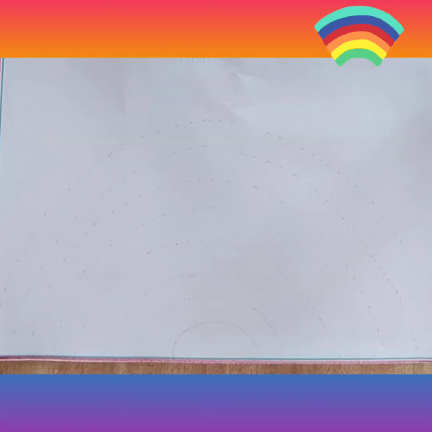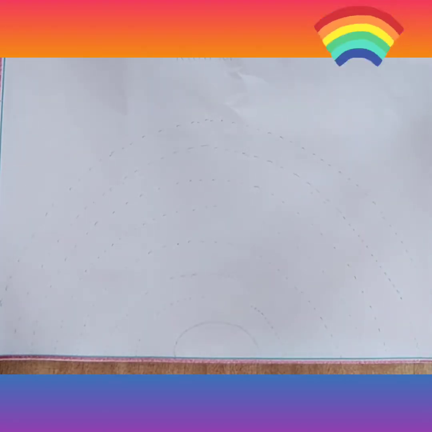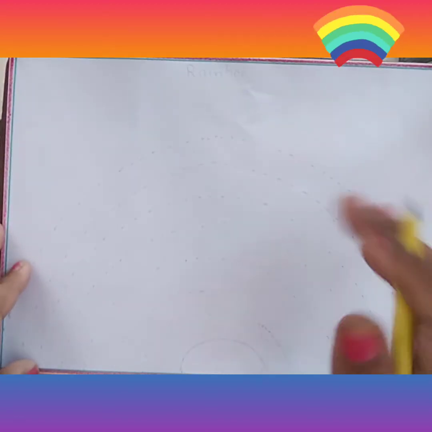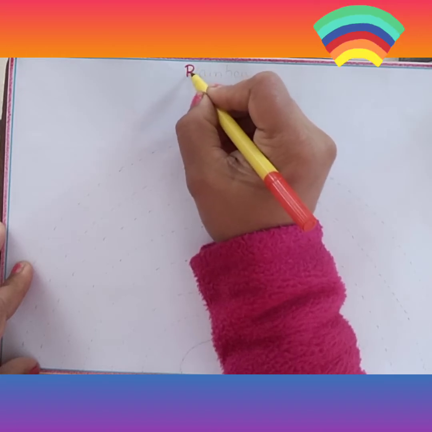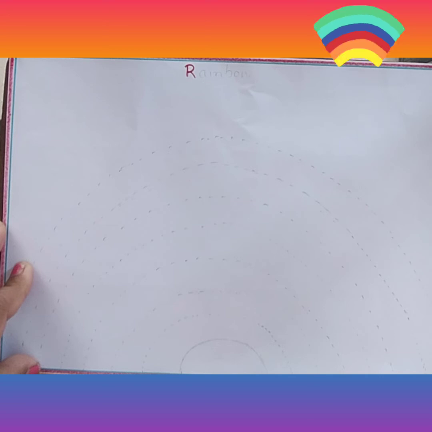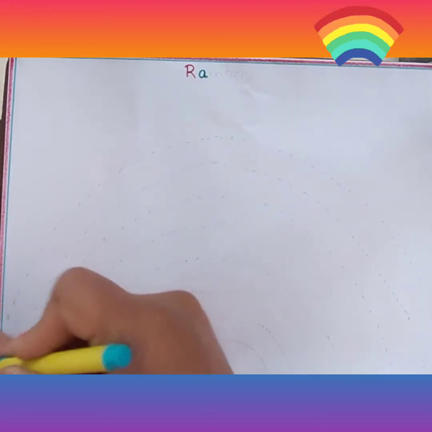So you take this type of A4 sheet paper. First you draw the outlines and after that you give the heading. Kids, after doing the boundary lines in this paper, now you take sketch colors of different colors. You write each letter with different color. First I am writing here red color with R. You also write yourself, kids. Next A, small letter A.